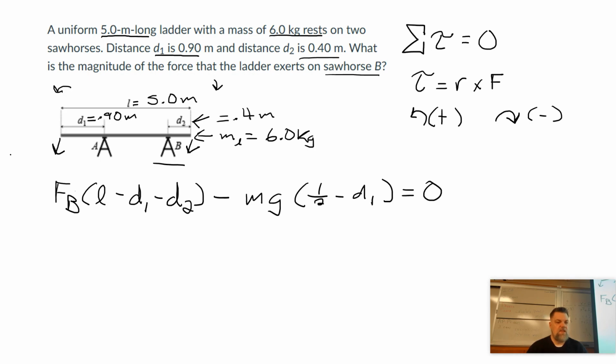Okay? And this is a negative torque. So then if I move that to the other side, in other words, if I add this to both sides,